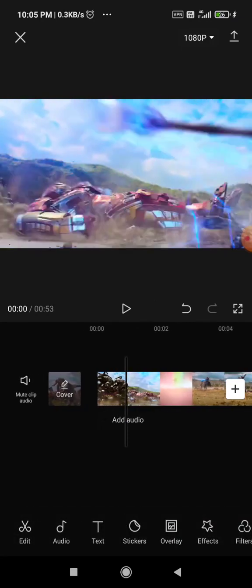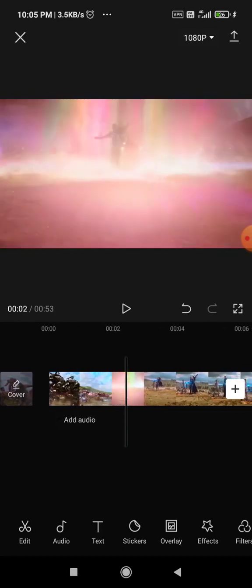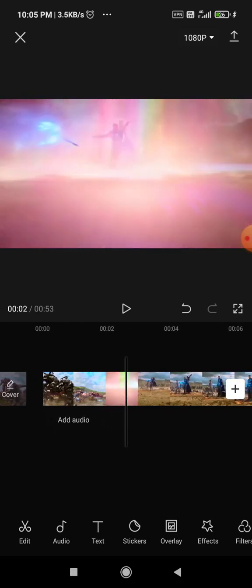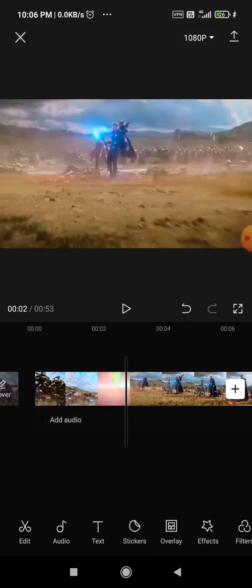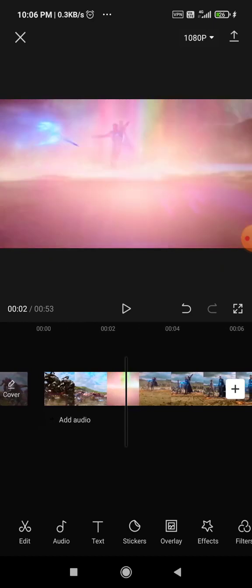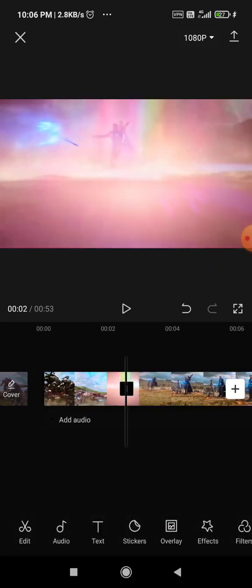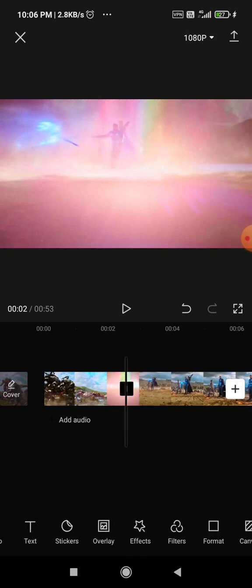Alright, now what I want to do is add shake effect on the part where Thor grabs the hammer, when the hammer returns at the back, when the hammer returns to Thor. So I'm just going to split that part here. I'm going to put a split here, and after putting a split, what you need to do is go on